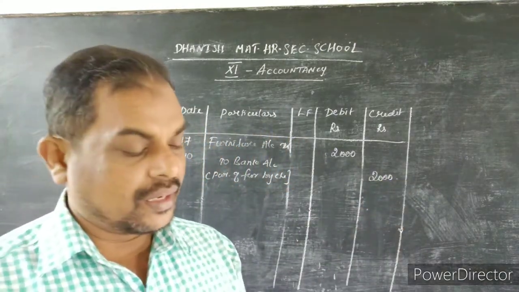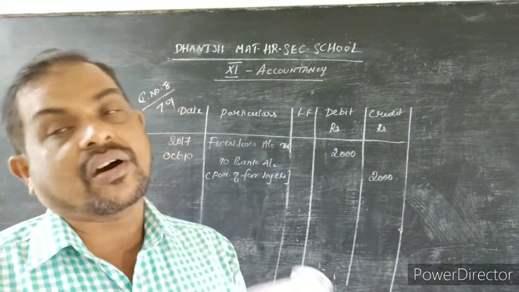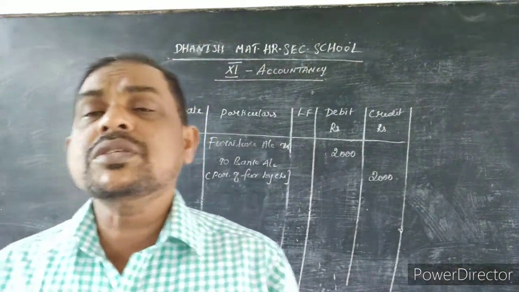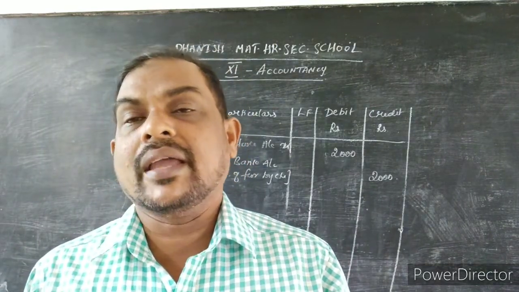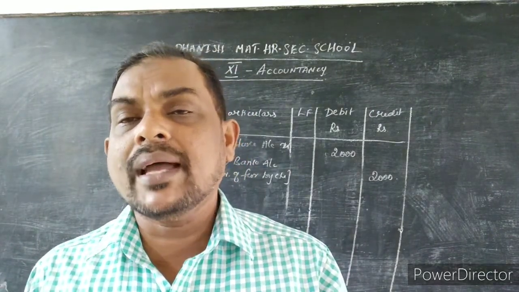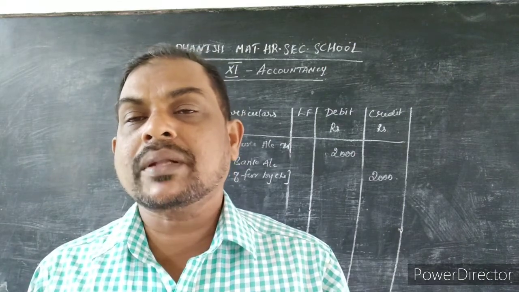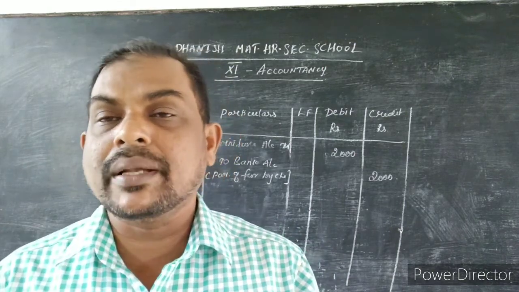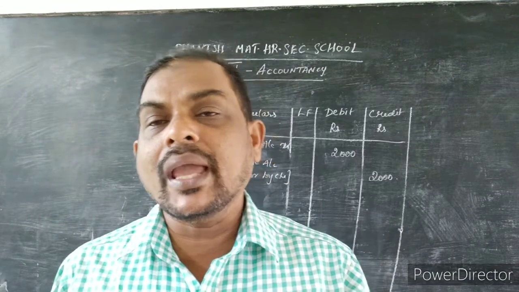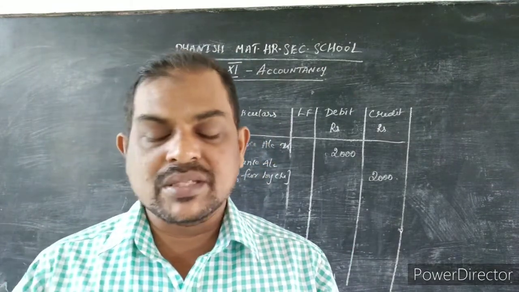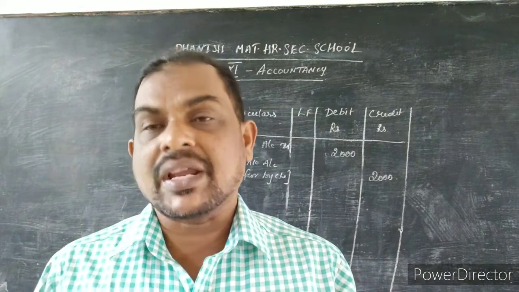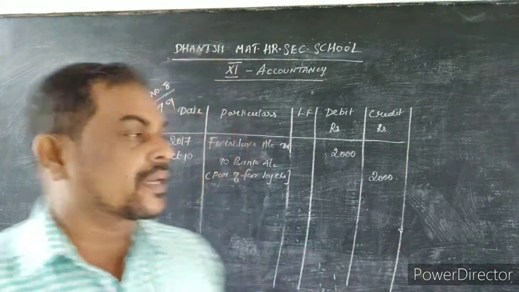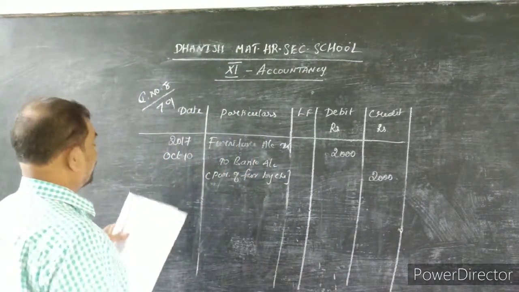Date is 15. Goods purchased for cash. Here goods are for the business, for doing the business, so purchase of goods is an expense. The purchase account will be a nominal account. As per the nominal account rule, purchase of goods comes on the debit side, but we have to put only the purchase account. Purchase account will be debited. The goods were purchased for cash, so cash account will be credited.